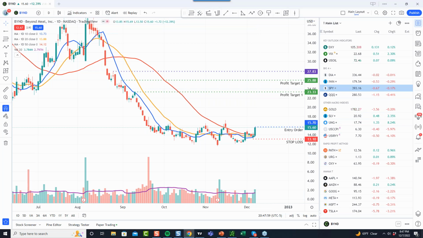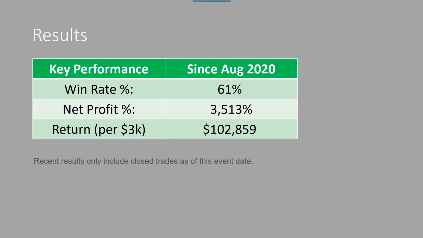Now results, it's always somebody wants results. I get it. The expectation of results, like I've stated, since I've been running signals with this momentum style trading, going all the way back, this is now, geez, over 2 years, about 300, almost 400 trades by now. This is the performance. This is net profit percentage. So simple way to think about that number